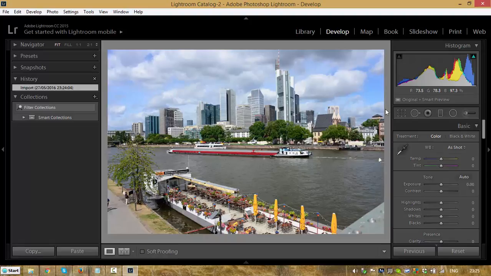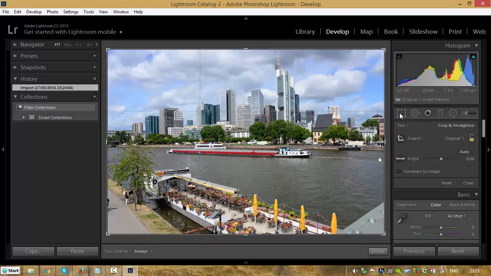So here's my crop tool, crop overlay tool. Click on that, and it now wants to know what aspect I want to crop it at. At the moment it's offering to crop it at the original aspect, which is 3:2. That's not much good to me, because I want for a panorama at least twice as wide as tall. So if I click here,